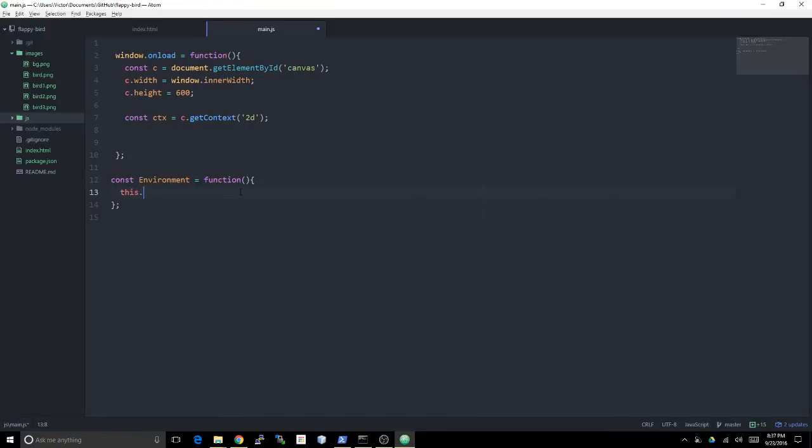This dot bg pause equals 0. This dot fg pause equals 0. So that's for the foreground when the students implement it. And oh yeah, this dot bg image equals document get element by id bg, and then environment dot prototype dot update is a function,